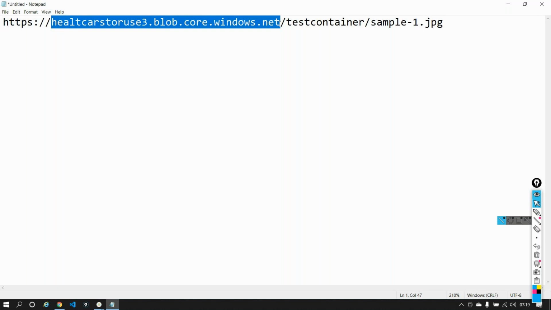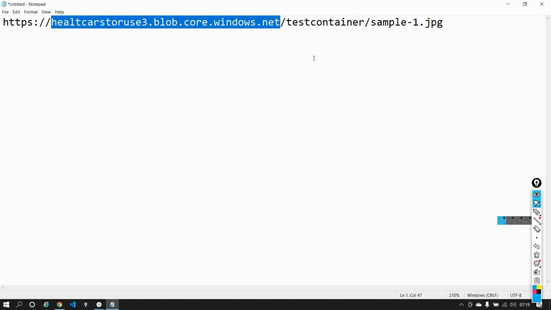It's not just Google, it's google.com. In the same way, Microsoft's naming convention is something.blob.core.windows.net, where blob is the name of the service, blob being nothing but a file here, and .core.windows.net is the extension.